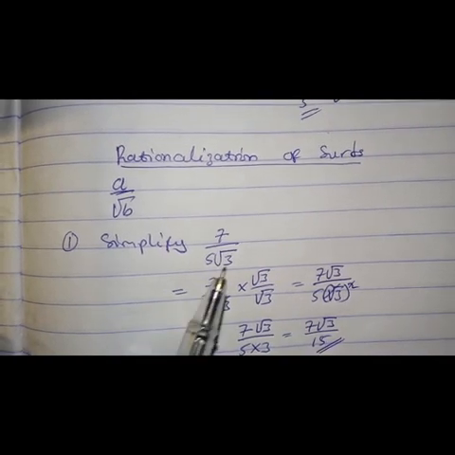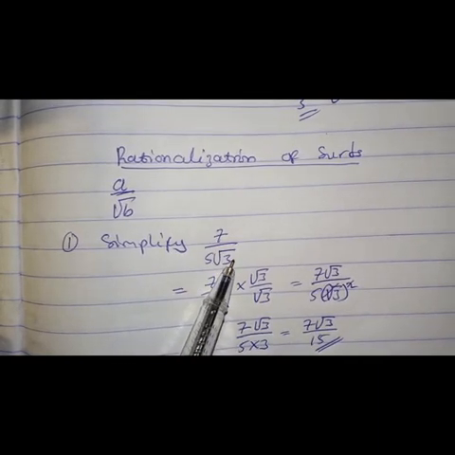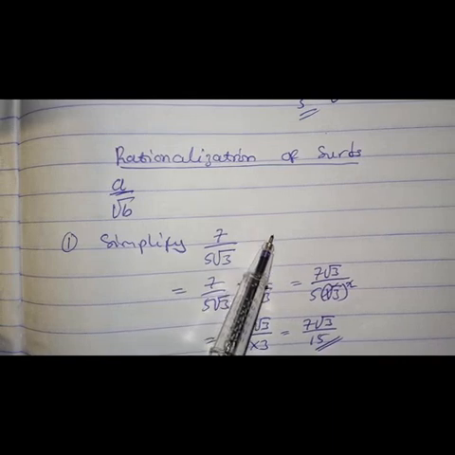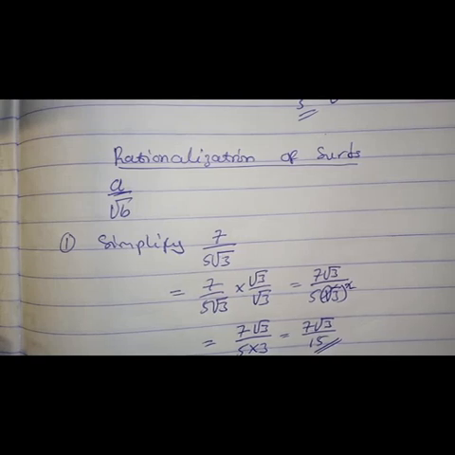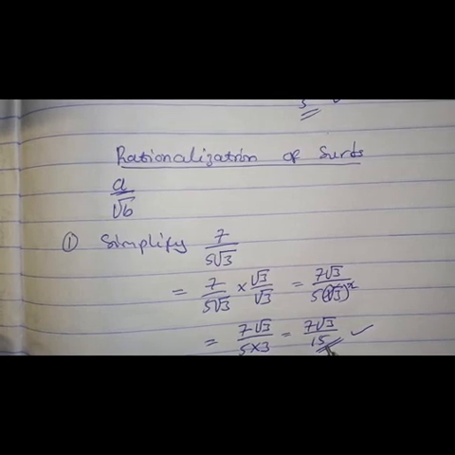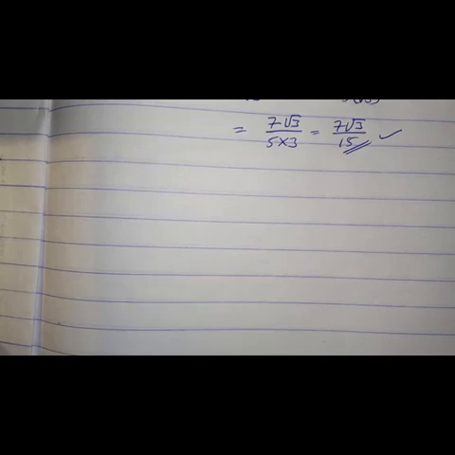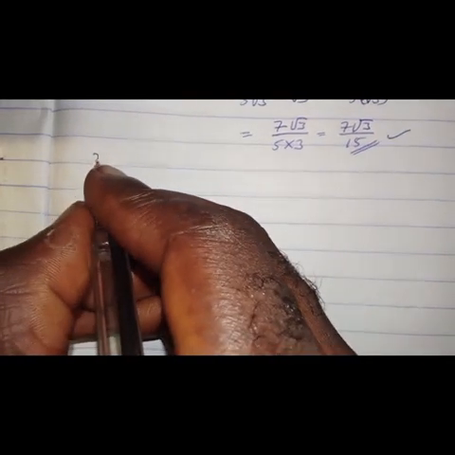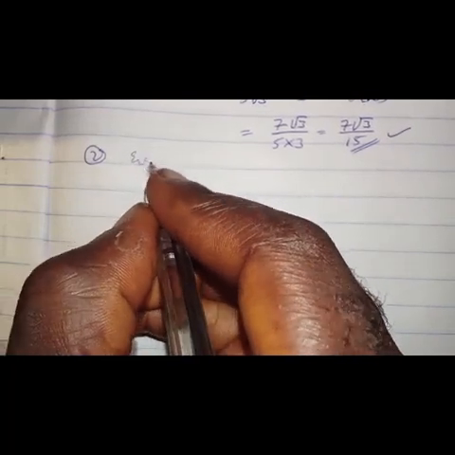So it means that mathematically, 7 over 5 root 3, if you punch it in a calculator, you get the same answer as when you punch 7 root 3 over 15. As simple as that. We have been able to rationalize this because the denominator is now a rational number, no longer a surd. One more example in rationalization. Evaluate